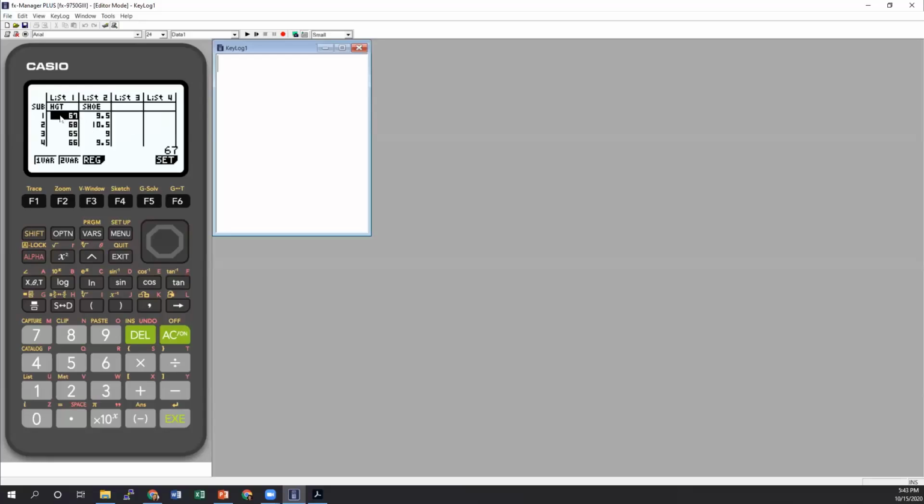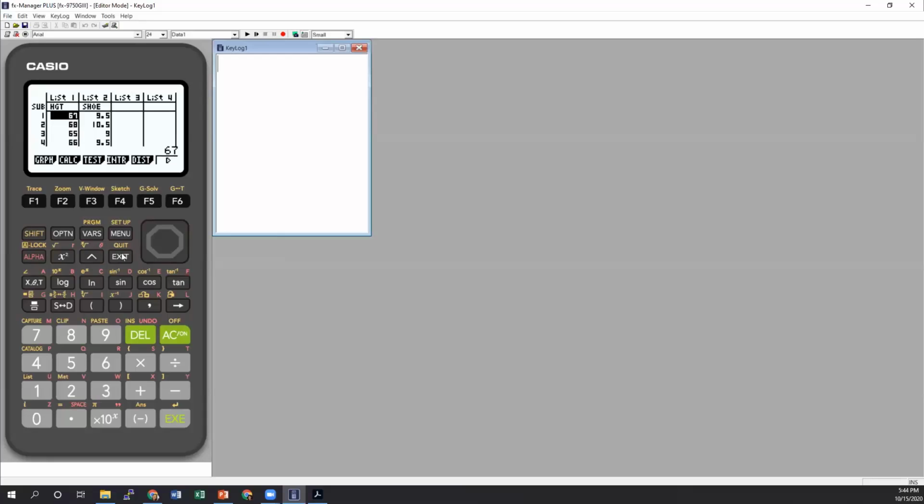I'm going to press exit, and now I'm going to press F1 for my 1 variable. Real quickly, we can see that our average is what we calculated previously, and then our minimum, our median, and our maximum were all the same numbers. So that's the basics of some of the calculations you want to do with a single set of data. Now let's go back, and I'm going to press exit.